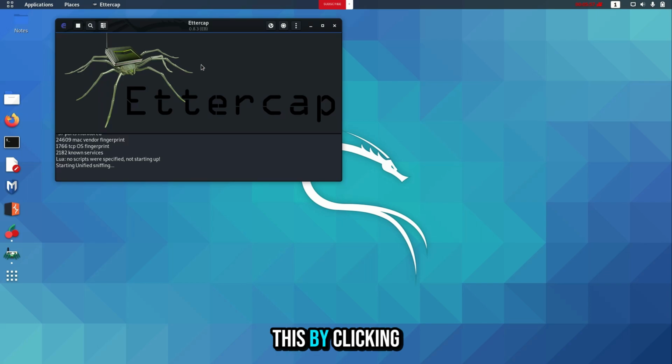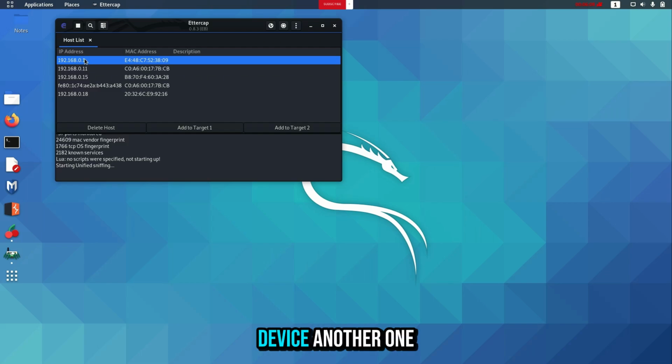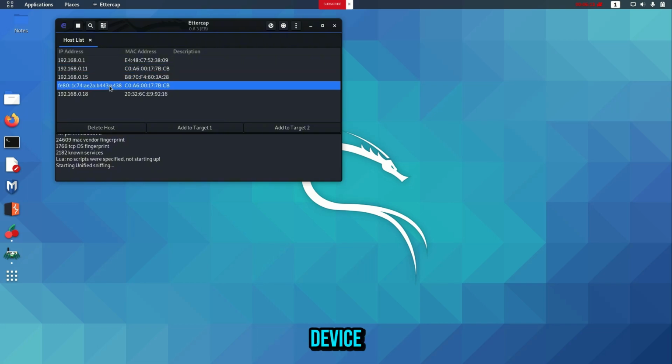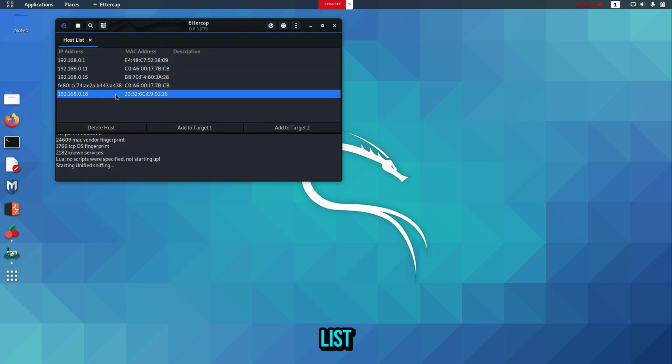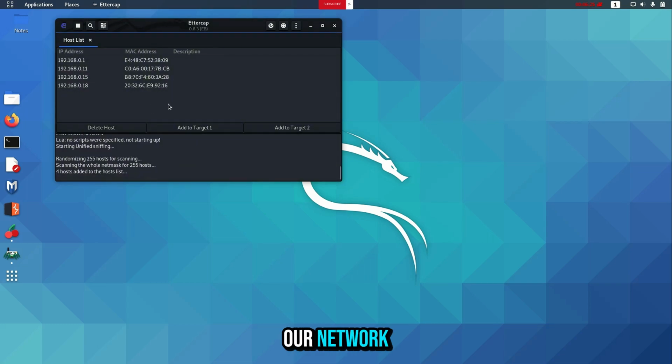We will do this by clicking on this icon here. See, here we have a router. Usually the lowest number here, as you can see, is 1. That's the router. We have another device, another one, again some strange device, and again another device. If we want to refresh this list, we can click on this icon. Here that one device has disappeared. And that's it from the devices we have on our network. Since we know that this is the IP address of our router,